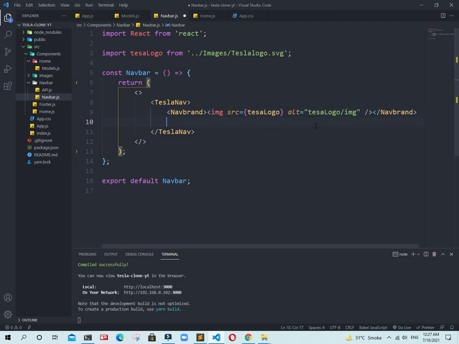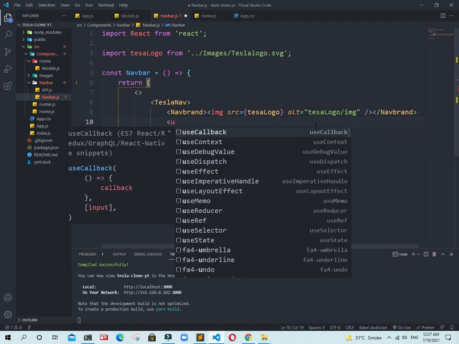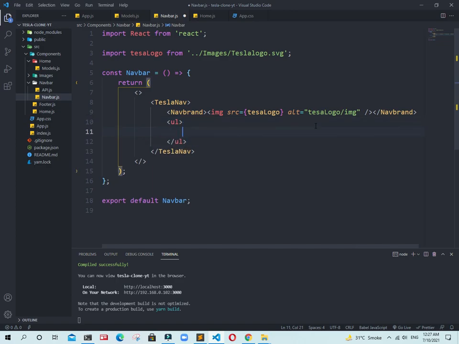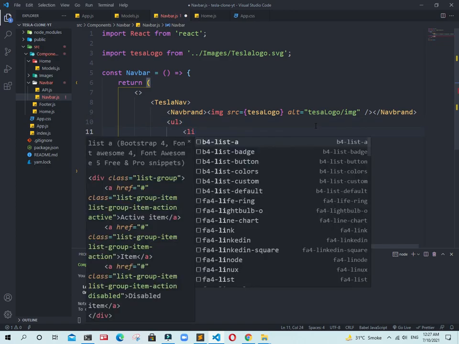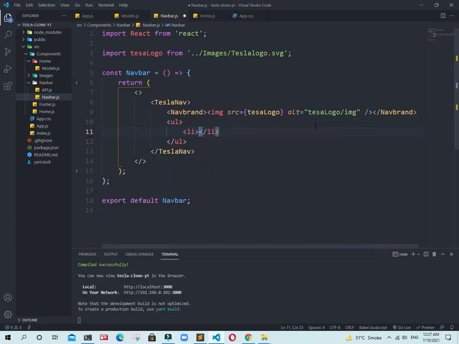Now we need to add a menu. I just type NavMenu. Otherwise, what we can do is add just a ul. In this ul we have an li, and guys, we would write a NavLink, but NavLink is compiled on the base of React DOM.